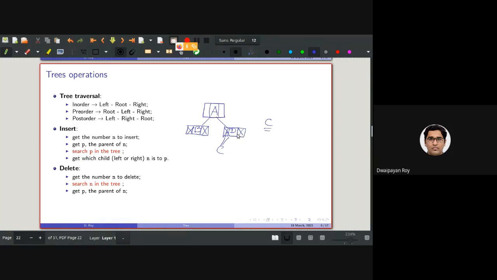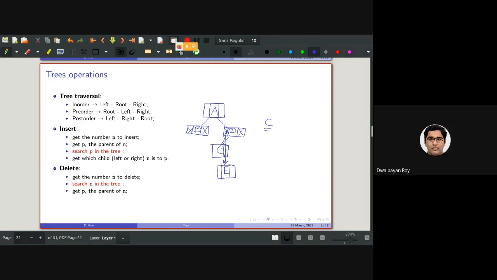There are complicated situations when, for example, C already has another child, say E. This is a little bit complicated, but what we need to do is make this point to here, and free this node.